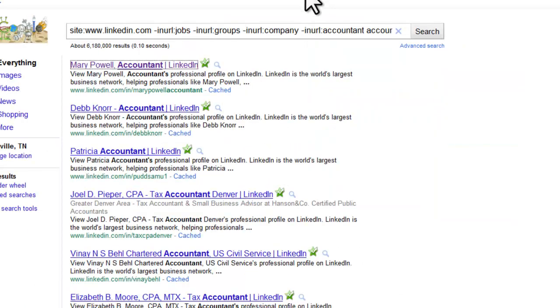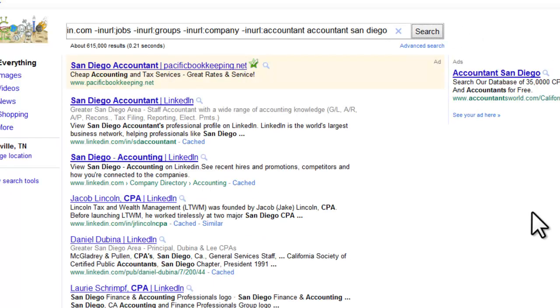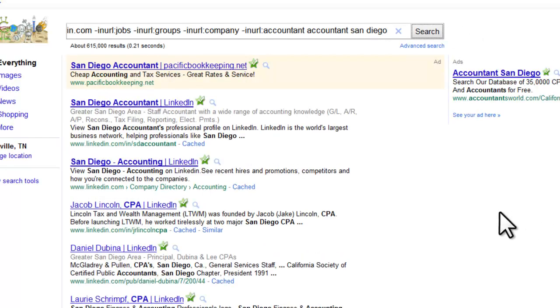Now we want to be more specific. Again, we're looking for an accountant in San Diego, so let's just add San Diego to our search. And immediately we have all the people who use the word San Diego inside of their profile. We have people who haven't made their profiles public, we still get all their information, but we also have a ton of people